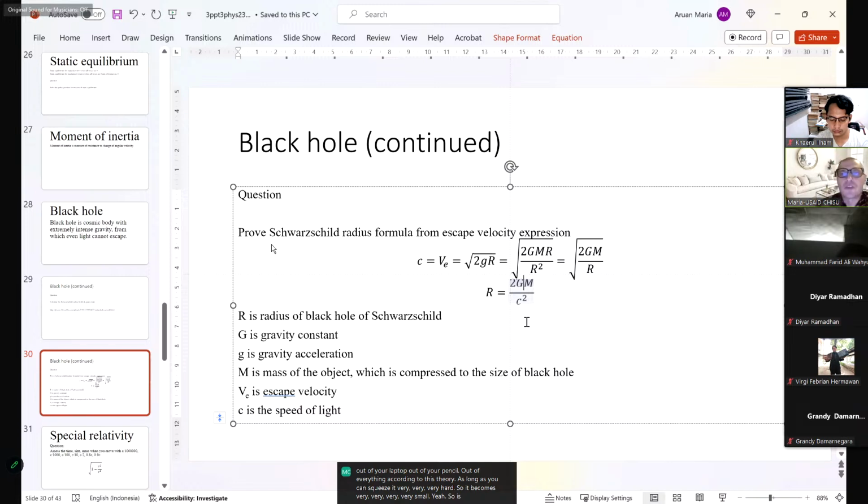So as you can see in this equation for r, this is the radius of the black hole. G is the gravity constant. R is the radius of the black hole. g is the gravity acceleration. M is the mass of the object. And V is the escape velocity. And C is the speed of light. Okay. So now you can calculate,